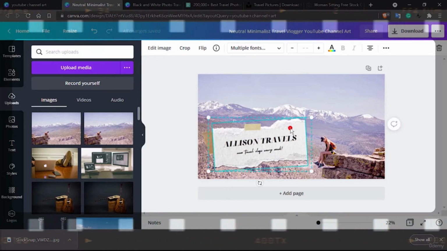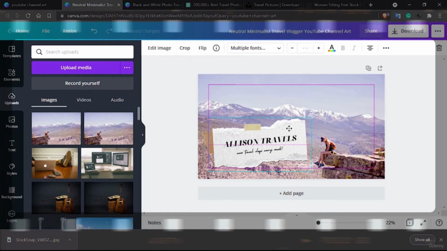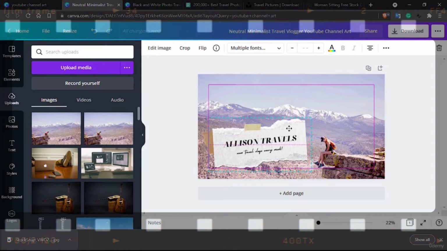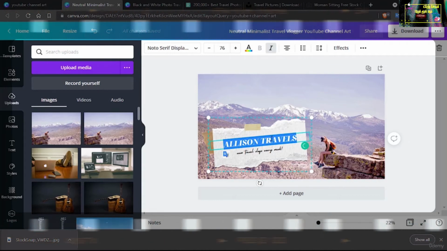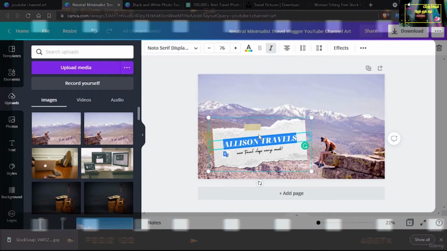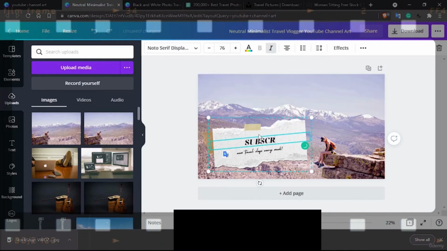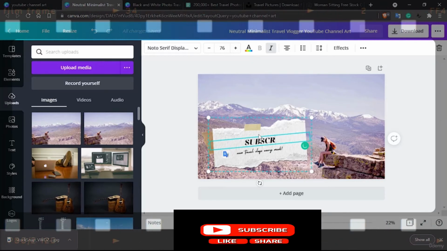And always keep this inside the ruler. You can see this pink color ruler guide that's created. Try to keep your text always inside this one. And now you can write here your name, or since your channel would already have your name, so what I'd suggest you to write here, maybe thank you for the recent like 100,000 viewers, something like that, or